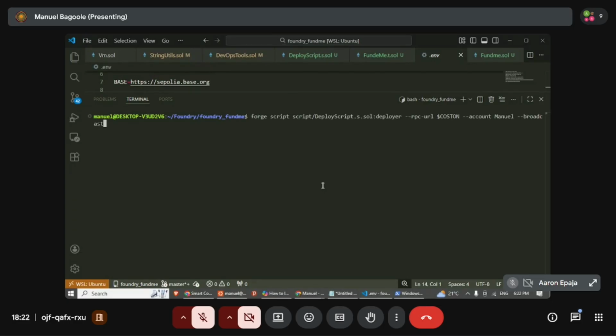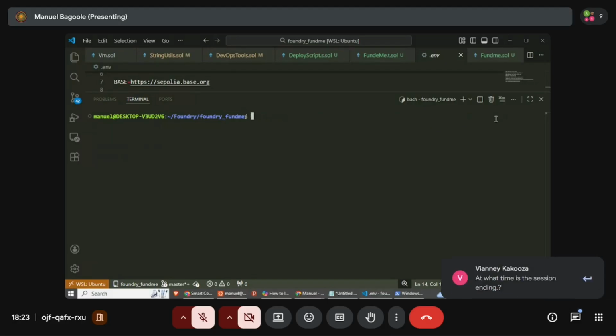You notice that when I was deploying the smart contract, I had to provide an RPC URL and then an account. What it actually means in Foundry is that the account is the private key that is going to sign the transaction of deploying the smart contract. How about if I just wanted to find out the chain ID? Maybe